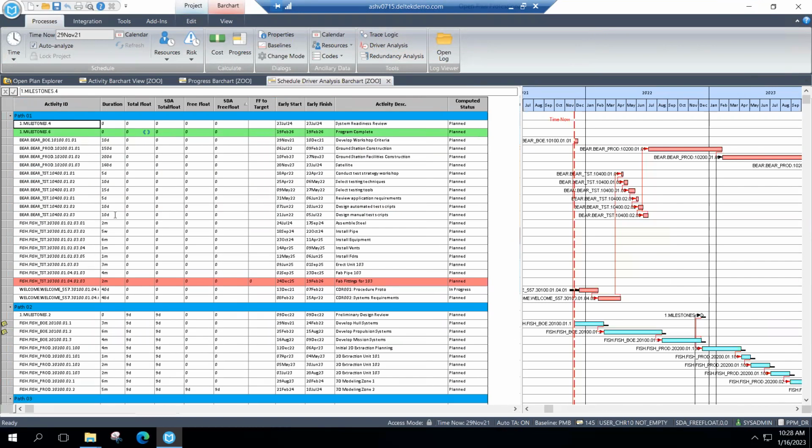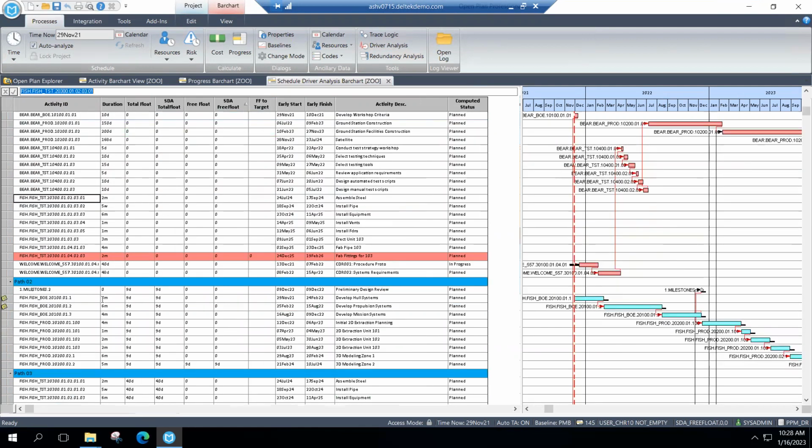And because I'm looking at my true integrated master schedule, you can see even on the first path, I'm going through 1, 2, 3, 4, 5 different sub projects. So my sub projects, if they are impacting each other, I know about it immediately. If any of them or a combination of them is impacting my programmatic milestones, I'm going to be able to see that immediately. The nice thing is now that I've run this updated critical path, I can actually save this